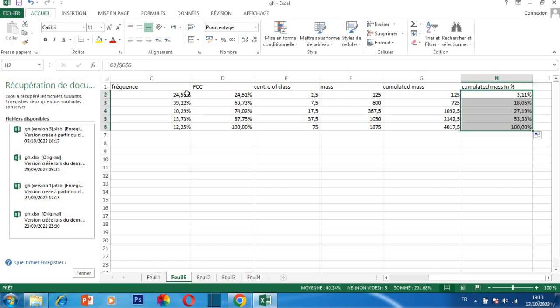So, in order for us to do the Lorenz curve, we took the frequency, the cumulative frequency, control, accumulated mass,